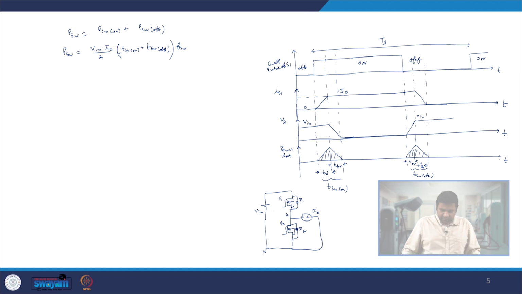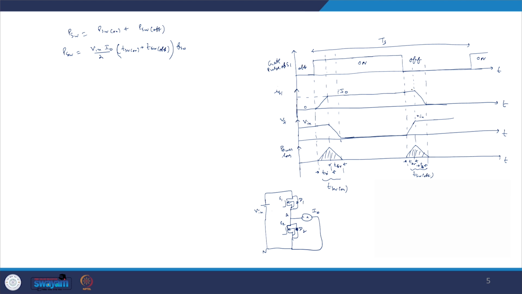During this time, if we look very carefully, during turn off the current is going from I naught, some non-zero value, to 0, and the voltage across VS1 is going from 0 to a non-zero value. While during the turn on period of the S1 switch, the current through S1 goes from 0 to a non-zero value, and the voltage across the switch goes from non-zero to 0. Now the power loss is happening in the T switch on and T switch off periods, where the current rise or fall and voltage rise or fall through the switches are overlapping. If we avoid this overlapping, then we can reduce the switching loss nearly to 0.